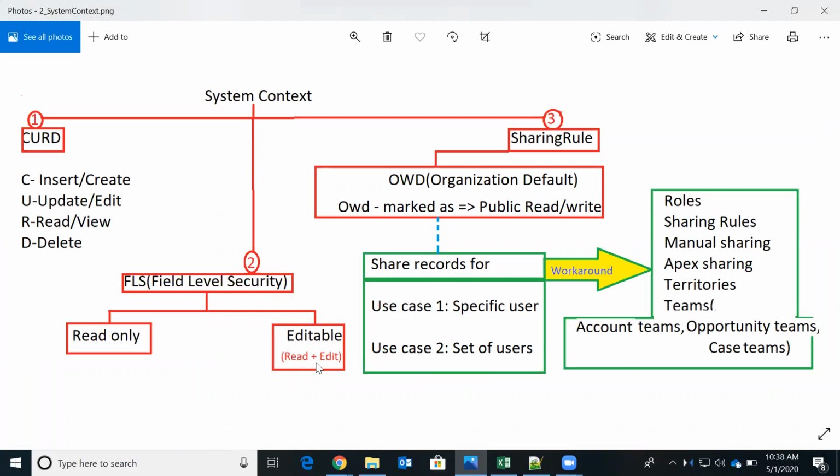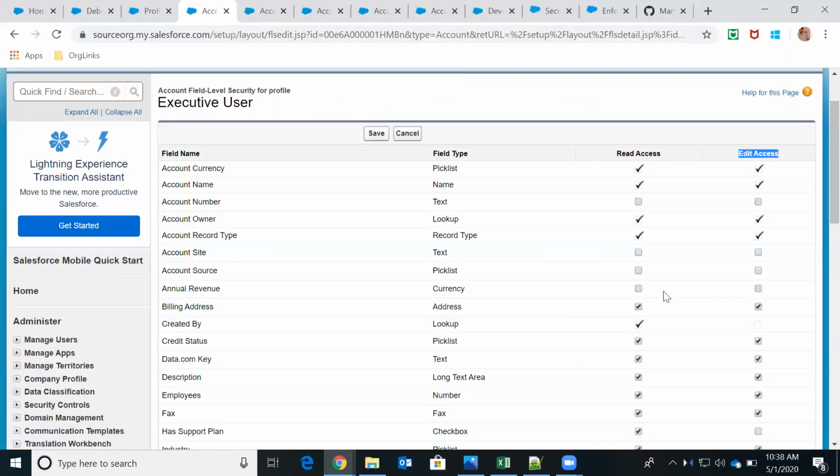So what I mean here is, for example, if you see this account source field, currently read permission is not enabled and edit permission is also not enabled. It means that the user belonging to the executive user profile, whatever user is aligned to this profile, if I log in as that user, I cannot see the account source field on the screen because I don't have read permission or edit permission.